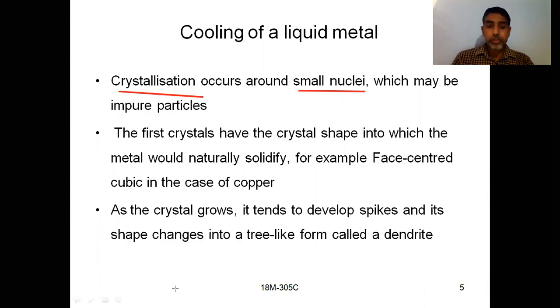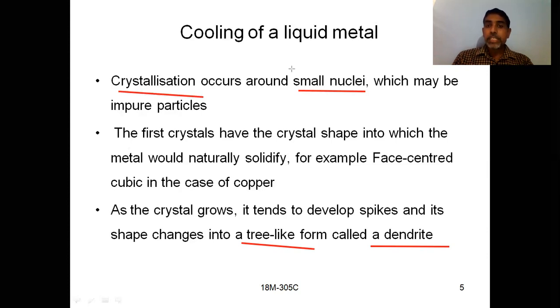I will show you. See here, this is very important. So what is a dendrite? A dendrite is nothing but a formation of a crystal in the form of a tree. Okay, it looks like a tree, and that type of growth of a crystal is known as dendritic growth. Initially the nucleus is formed, and starting from that nucleus, the grain will grow. The grain growth will be in the form of a tree, and that type of growth is known as dendritic growth. Okay, so you have to remember this word dendrite and the shape, a tree-like structure. These are very important.